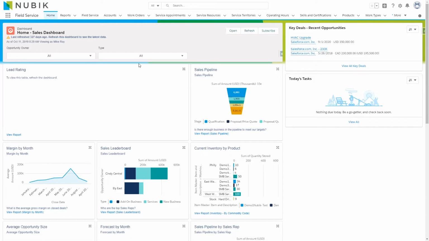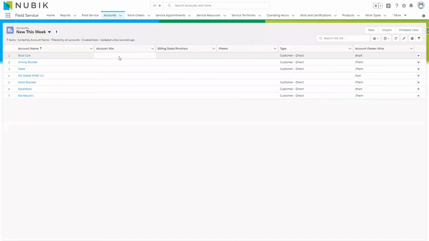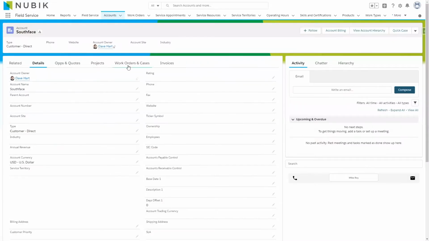Today we're going to take a look at how easy it is to dispatch a service appointment. Let's say we have a customer that calls in to report an issue with one of their devices. So we can jump straight into the account, and from the Work Orders and Cases tab, we can quickly create